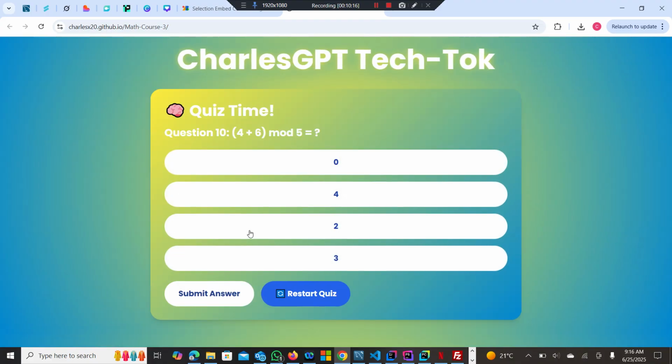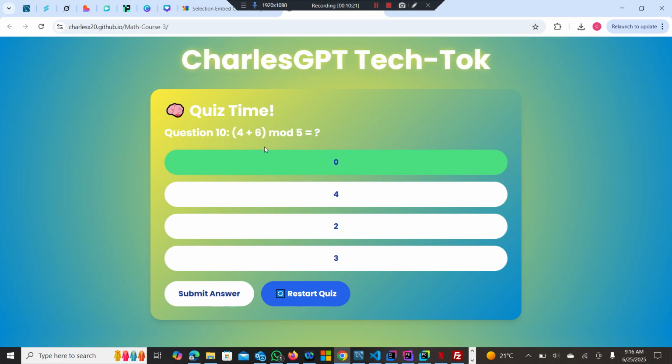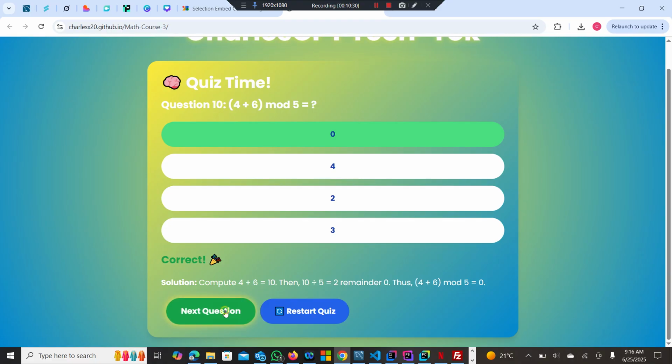So next question we have 4 plus 6 mod 5, which would be 0 because 4 plus 6 is 10. Then 10 divided by 5 would be 2 remainder 0, no remainder. So the answer is 0, I think. You see, cool. Next,